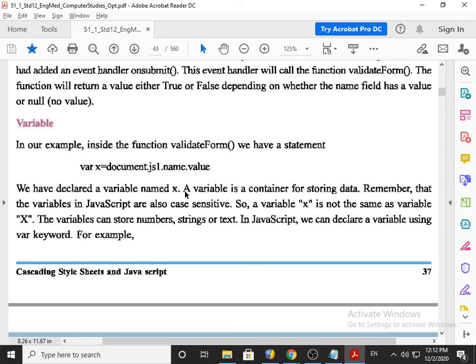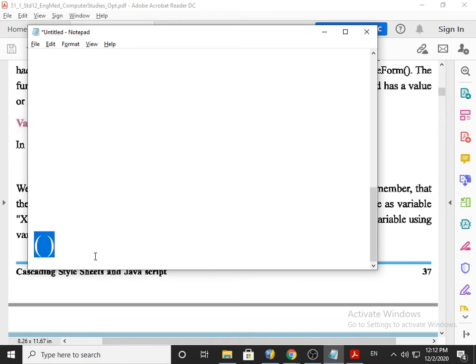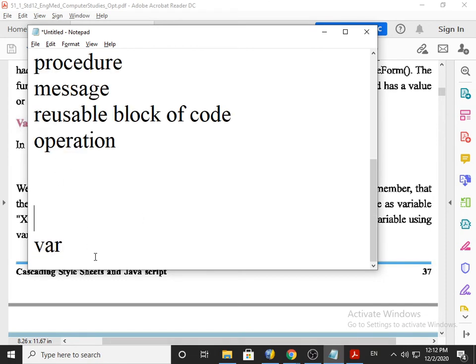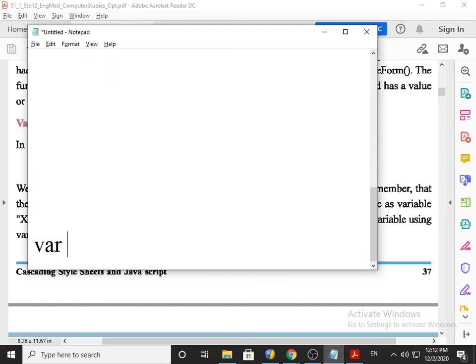Okay, a variable is a container for storing data. It means a variable acts like a container because it stores the data. Remember that variables in JavaScript are also case sensitive. So if I create a variable, for example, whose name is a in small letters, I am not able to write it in capital. The reason is that I defined variable a in small, then when I want to assign the value, it requires small. This will give an error. JavaScript will tell you that it doesn't know which variable A you are talking about.